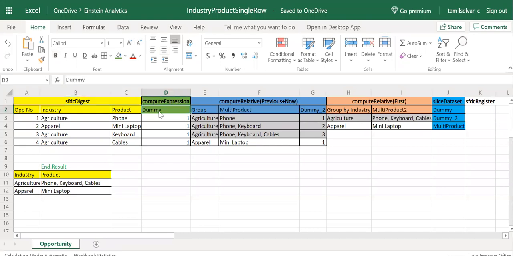Next, we are creating one additional variable called dummy. We are creating one additional column in the existing dataset, that is the DTC opportunity dataset, and we are storing the value as 1. We are going to utilize this later. For creating the calculated column, we need to use the compute expression.